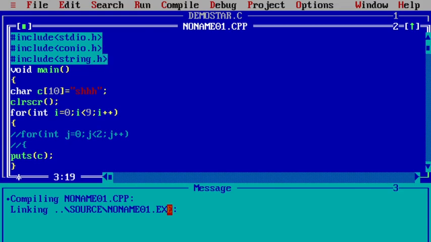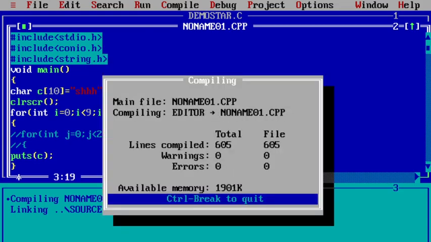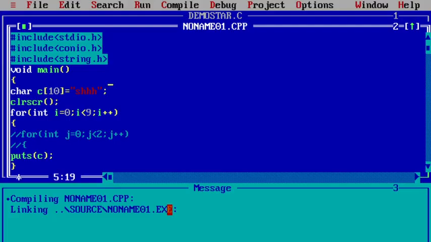Then it understands it's a string constant as such. So 9 times it has been displaying, because in a for loop we are displaying this c. So this is how you can use a string and the string functions. The string can be displayed in this format.